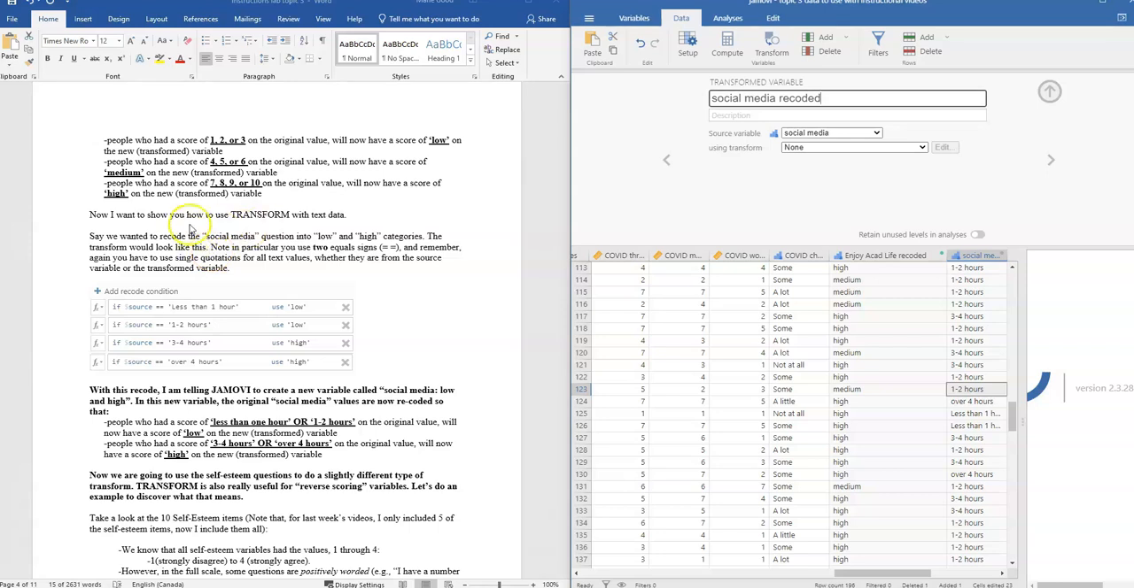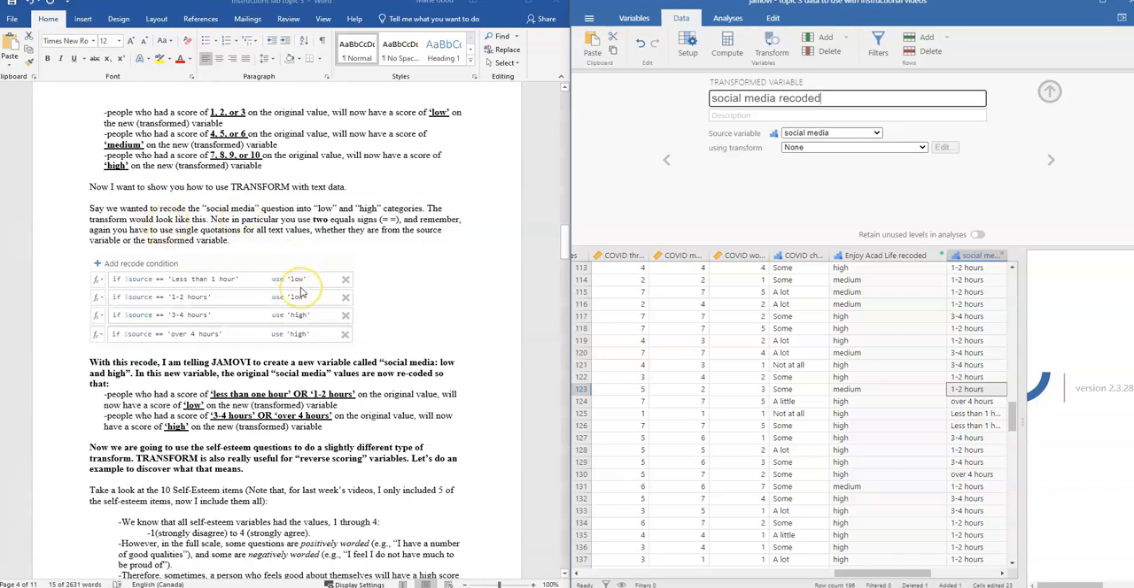And say what I want to do here is I want to recode social media into low and high categories. Okay, so say I want to group people who report using social media 2 hours or less a day into the low category, and then anyone who is reporting 3 or more hours of use, so falling into these 2 categories here, I want them to be in a high category, right? And in order to do that, we are going to just do exactly the same thing as we did in the